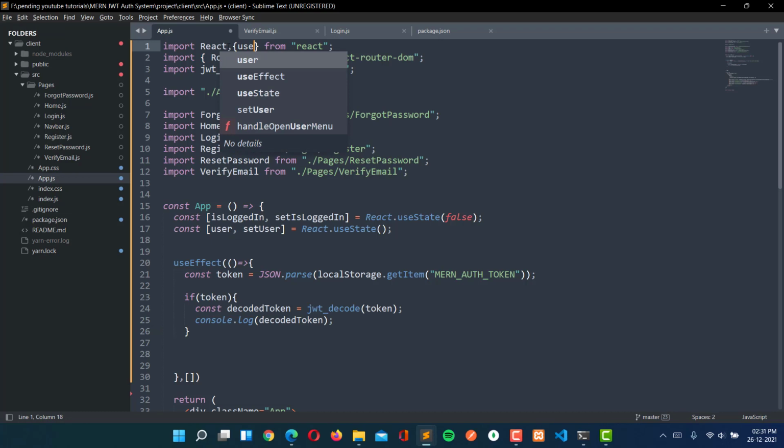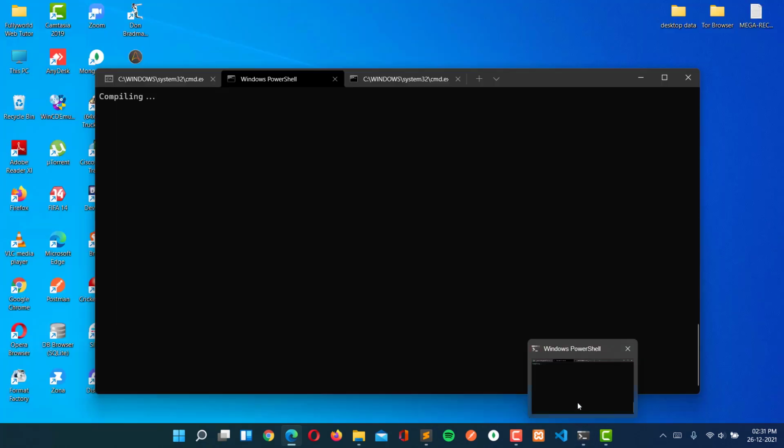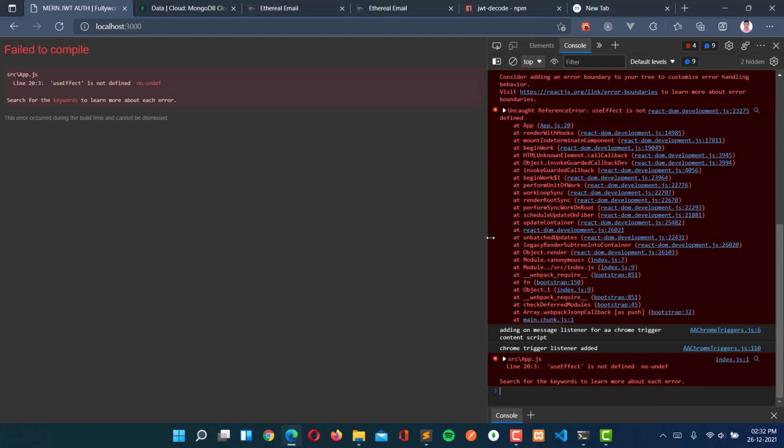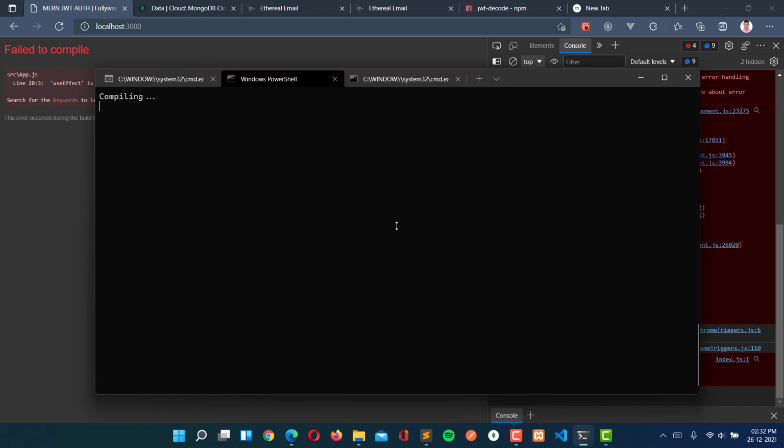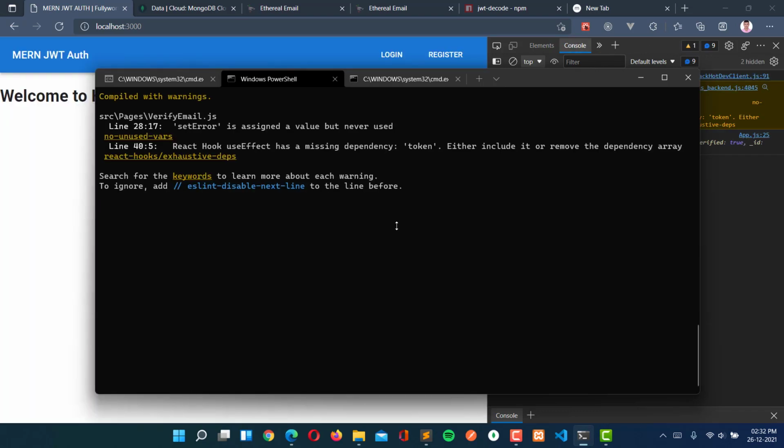Let's import this useEffect and save this. Now we should not get any error. It is compiling. It is compiled successfully here.